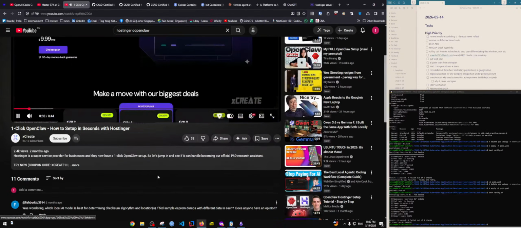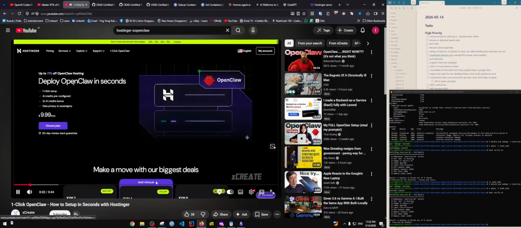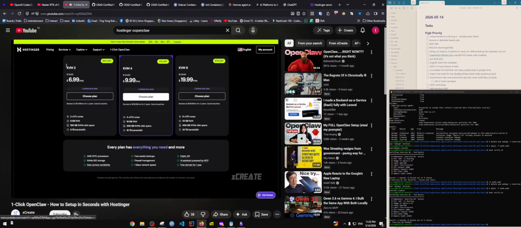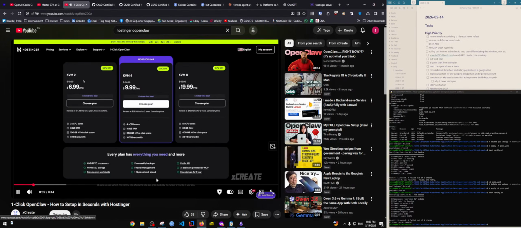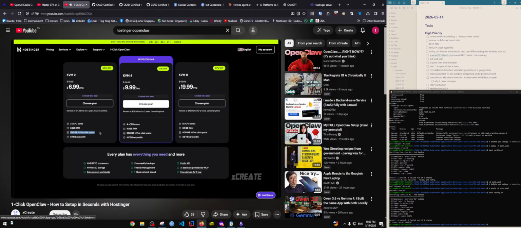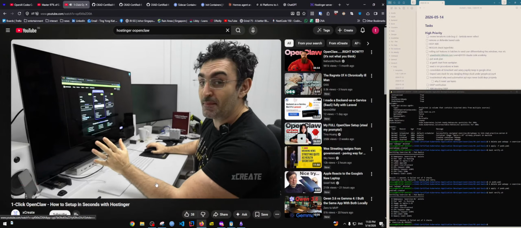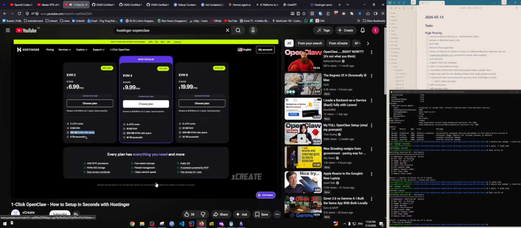So I'm going to click on that, and it says deploy OpenClaw in seconds. You get 2 AI credits bonus. I got the KVM2 plan to check out. We're going to be checking it out together, see how it's good. You get 100 gigabytes. Now this is GB, not GiB, 1000 megabytes, 100 times over, 8 terabytes bandwidth,